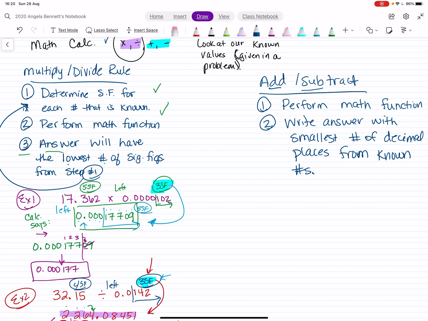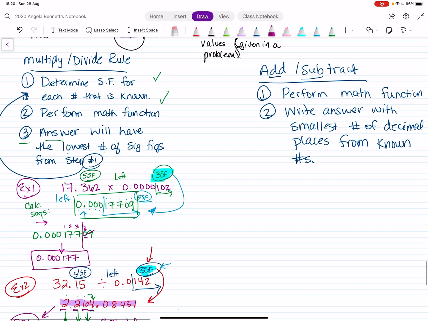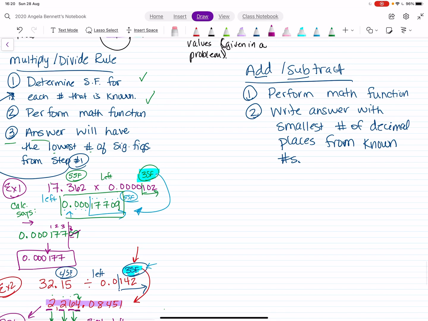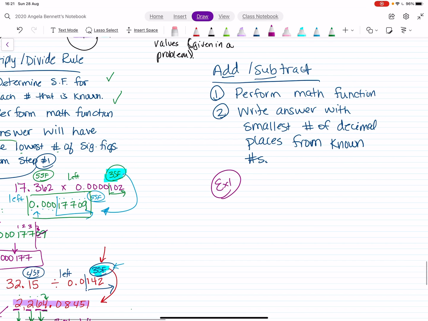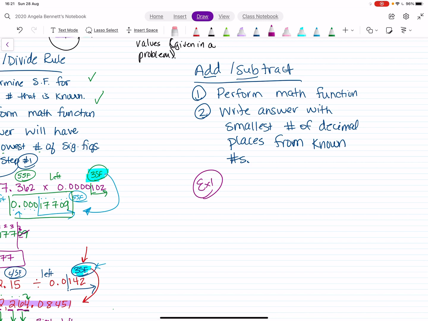Okay, so let me give you a couple of examples with that. Again, this one's not super hard. It's just not used that much for us. All right, so first example, let's say I have